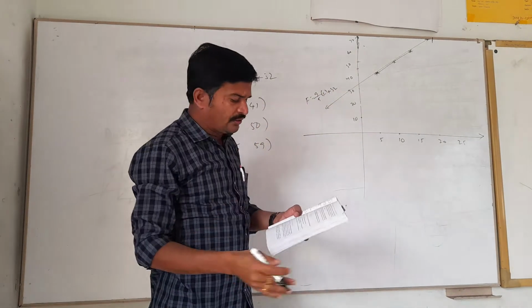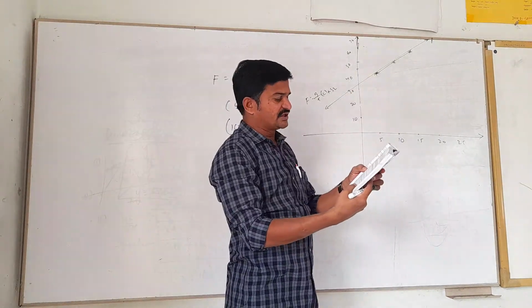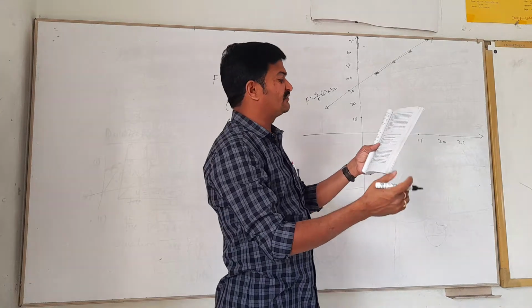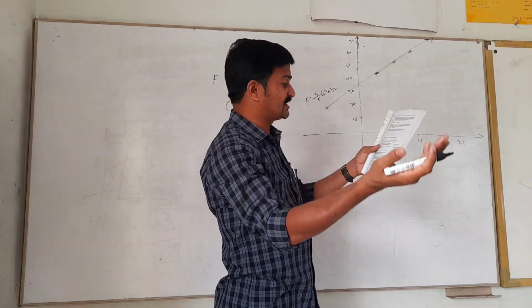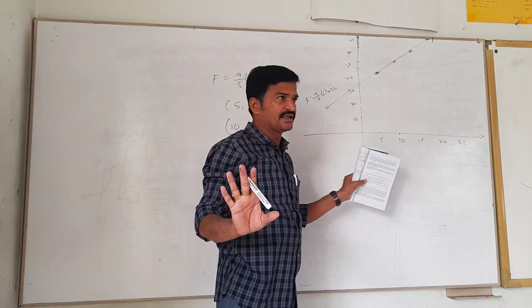Okay? Now, what are the questions you were asked? You have to answer them. First question, what is that? Draw the graph of the linear equation above using Celsius for the x-axis and Fahrenheit on the y-axis. This is the graph, it is over. Okay, no problem. Are you clear?